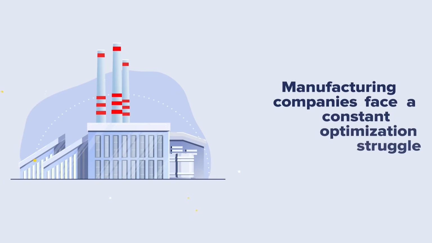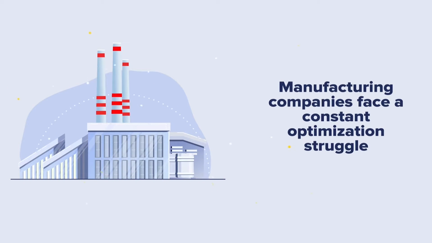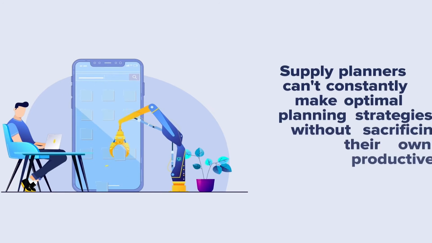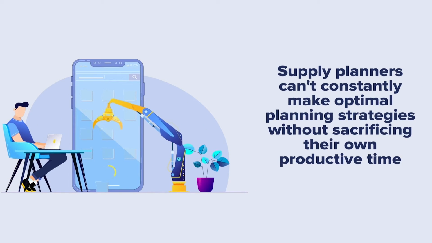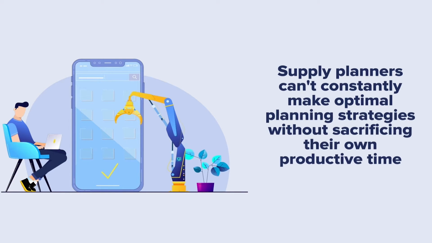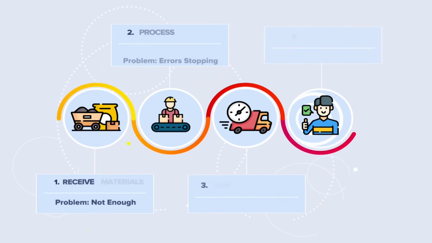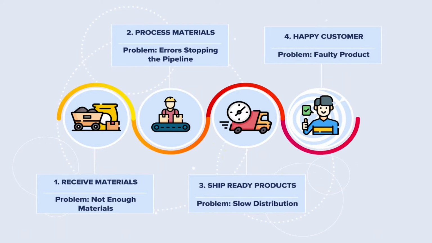In this tech-heavy age, manufacturing companies face a constant optimization struggle. It takes a lot of time, effort, and expertise for supply planners to map out the perfect optimization strategy to follow. From our experience, problems like material shortages, pipeline errors, and faulty end products are common occurrences during all stages of